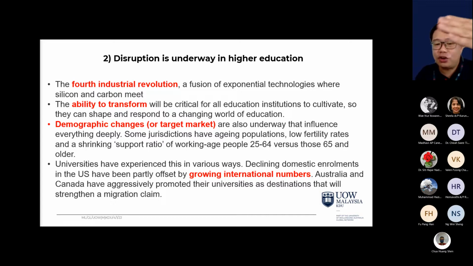By the time you change your angle, things have changed. The opportunity is gone. So this is what it is. But when you change, you have to make sure the industry is ready to accept it also. For those of you who have been with KD, with UOW for many years, you will know that